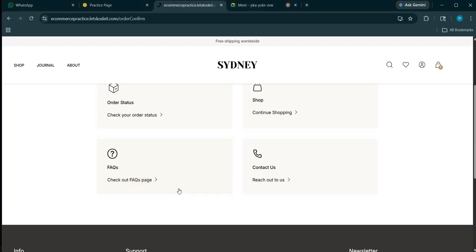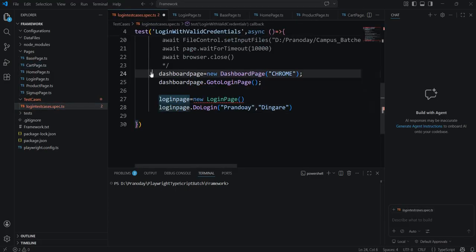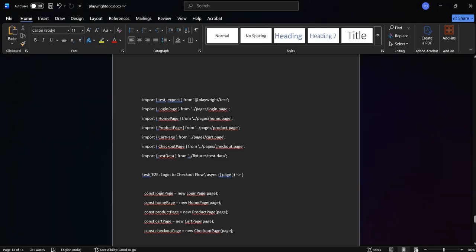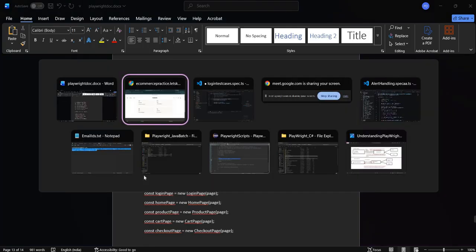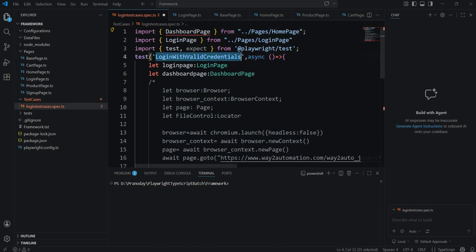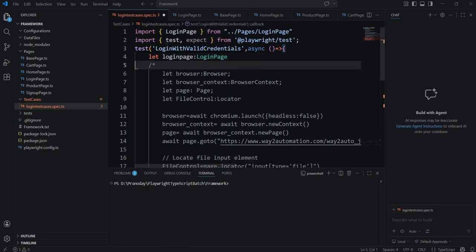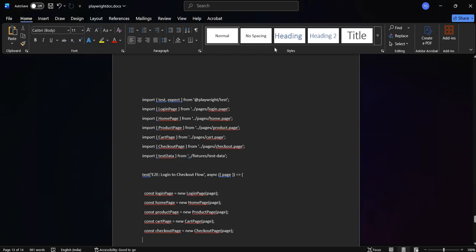Now let's understand the test case. So I'll go to test case, and our test case will look like this. It's a test. Okay, so test, and let's say for now we will do a very basic login test. Okay, very basic login test we will do. So here async, and we have